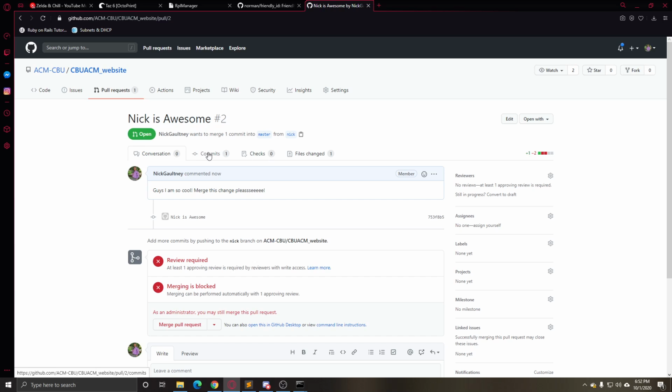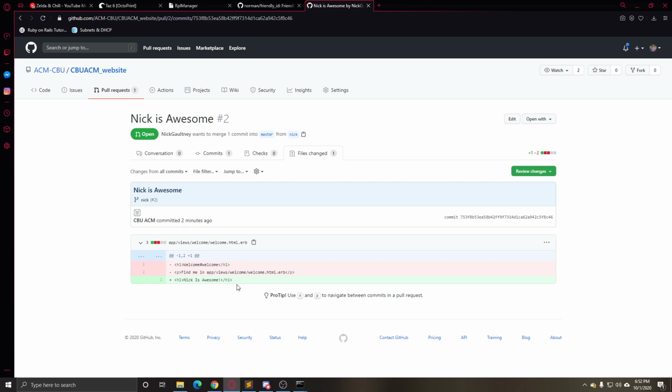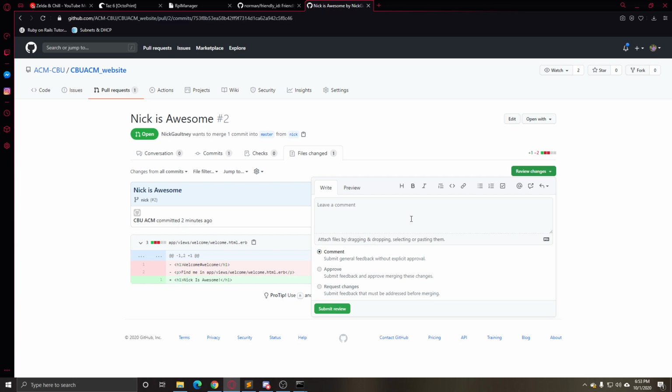And so then what's going to happen is they might come over here. They'll check the commit history. They'll be like, oh, okay, what'd you do? Oh, you changed some things here. Oh, it's kind of weird. Okay. And they can go over to files changed, review changes, and they can leave comments. So they can say, oh, this is great,